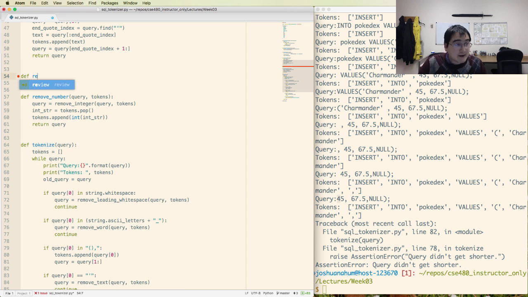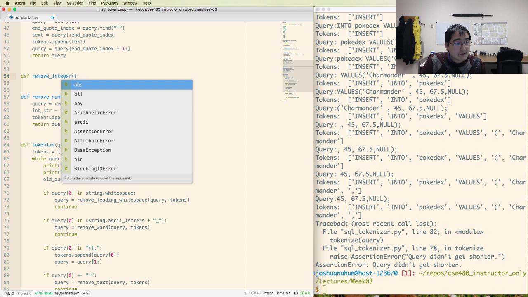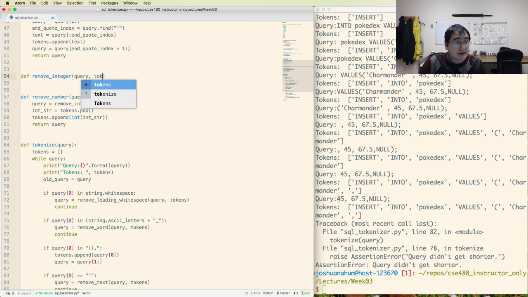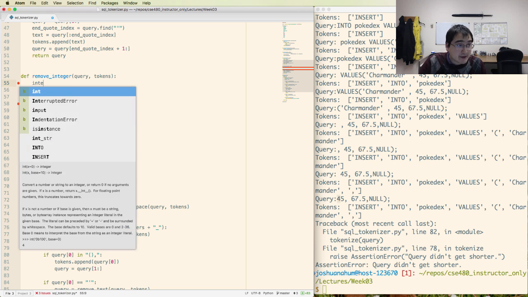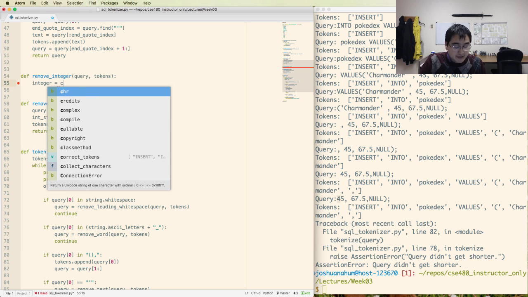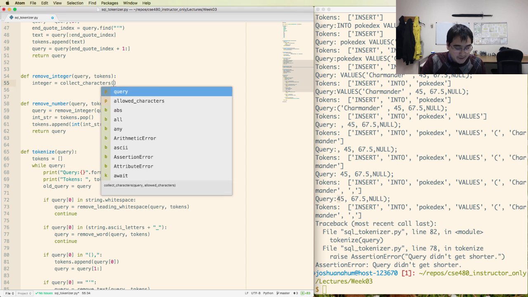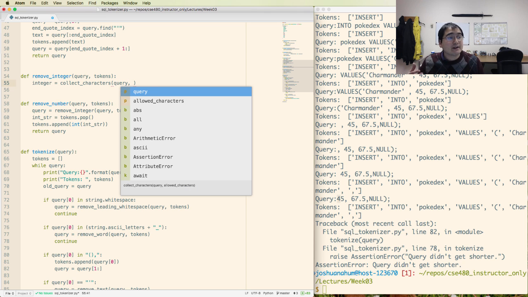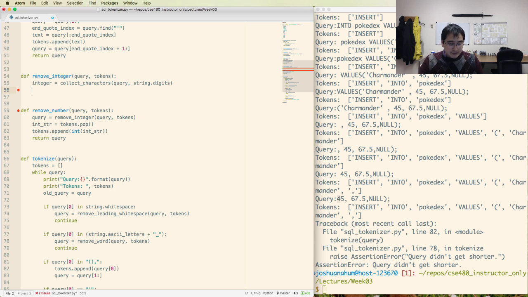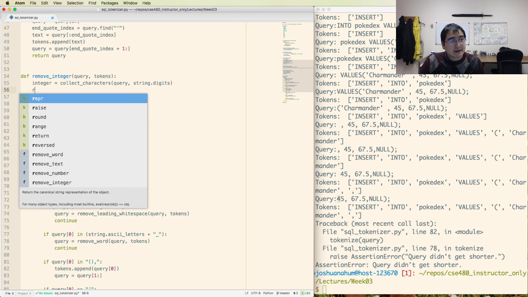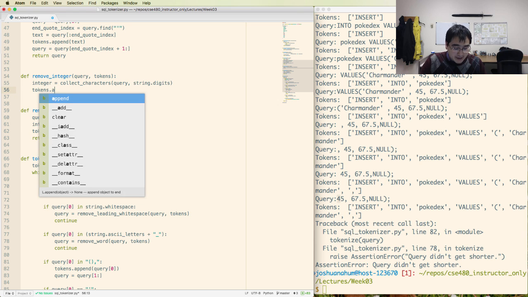So define remove integer, which takes in a query and a tokens list. And now how should this work? Well, it actually works a whole lot like the white space and the word. We're going to have to collect a bunch of stuff. So I'm going to say something like integer is equal to collect characters from query. And what are the rules for an integer? Well, it has to be digits. So I want to collect all the string dot digits. And then the next thing I want to do is add this to my tokens list. So tokens dot append